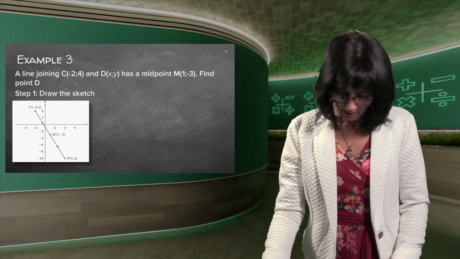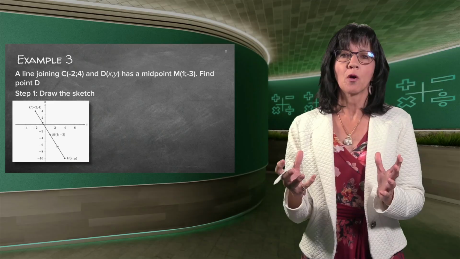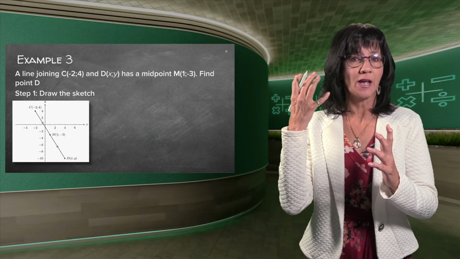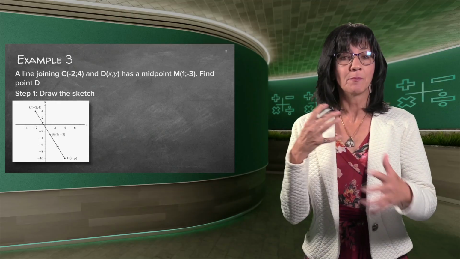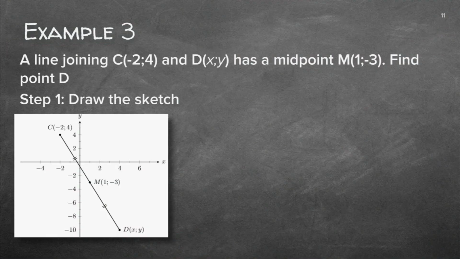Good. Last example. Now, as normally when we do problems, we just don't do it straight away all the time, because we need to use our brains a lot. So sometimes we just give you the question in reverse. Let's see what this one does. A line joining C and D, oopsie, they do not give us D. So in this case, they do not give us the 2 points, but they tell us it has a midpoint of 1 and minus 3. What do you do when you read a word which you know a formula for?